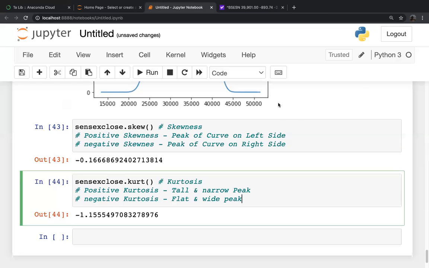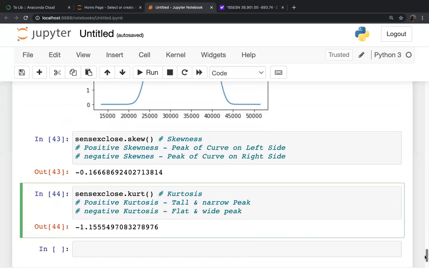Okay, right. So kurtosis and things we have done. We have done the basic analysis of our close price data. We have completed the basic analysis of our close price data. Now, let us start with some of the